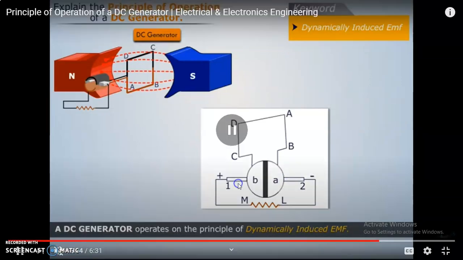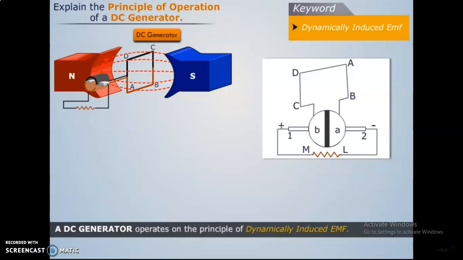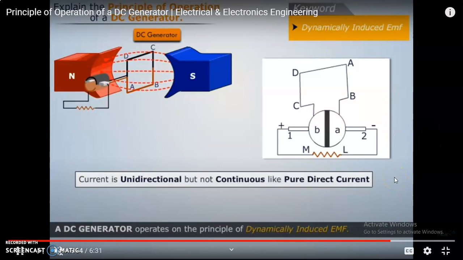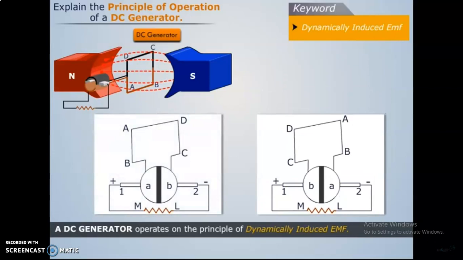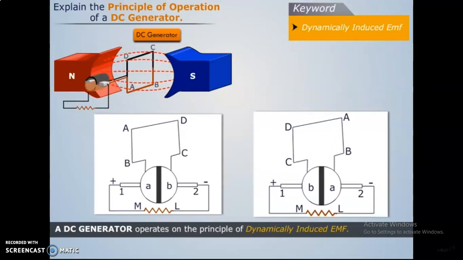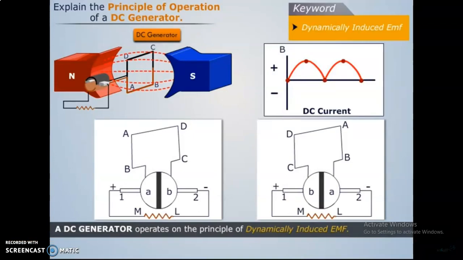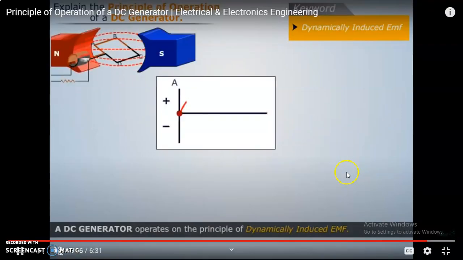So likewise, you will get the output response using this DC generator. The general principle of a DC generator is that mechanical energy is converted into electrical energy. The current is unidirectional, but it is not continuous. Unidirectional in the sense that you will get either a positive or a negative portion. This is how the DC generator works, so the output you will have is only DC. If you would like to go for AC, then we can have both the polarity